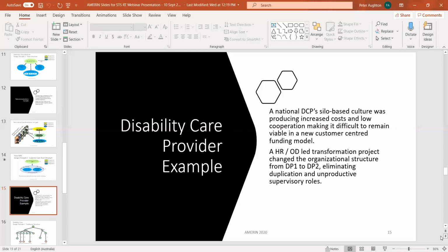And the CEO of the organisation back in 2017 did a presentation to the board and said, look, we're going to go out of business if we don't change the way we structure. We're just so top heavy with so many supervisory levels. I mean, there were some places that we looked at where one person reported to another person, who reported to another person, who reported. So these were single reports, 4 of them in a row, doing all this unproductive work. Anyway,